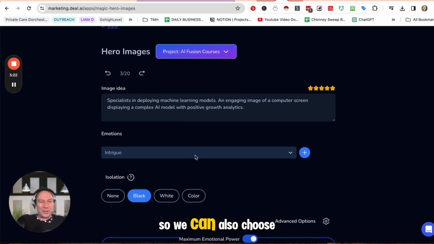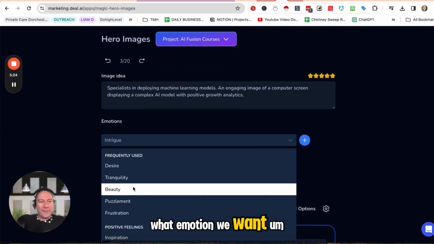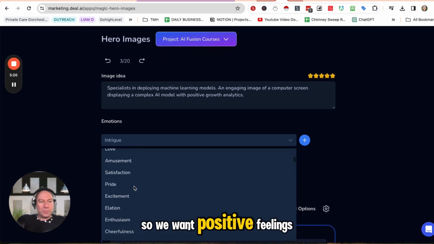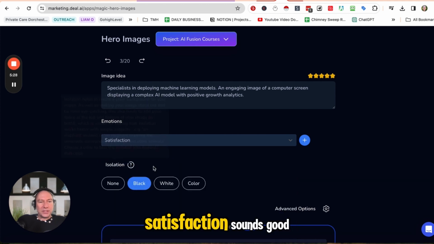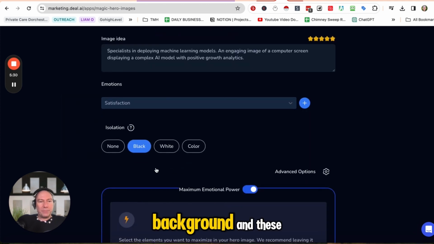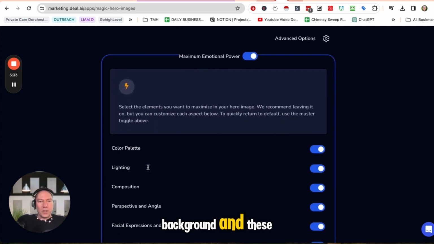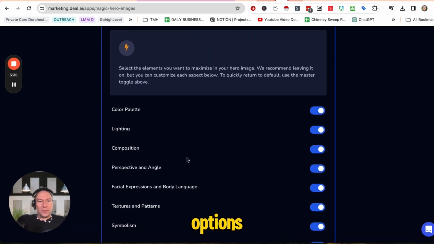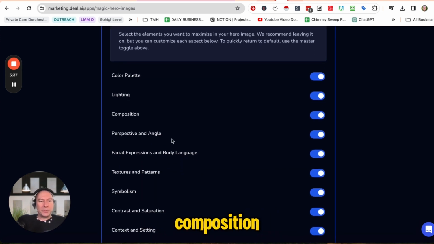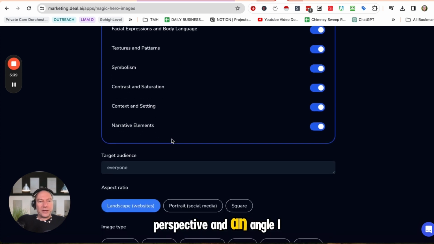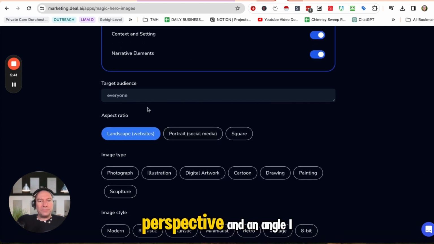Okay, so we can also choose what emotion we want. So we want positive feelings here. Satisfaction sounds good. We're going to have a black background. And these, we have all these different options. We've got color palette, lighting, composition, perspective and angle. I just leave them all on